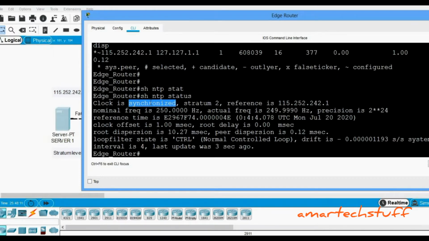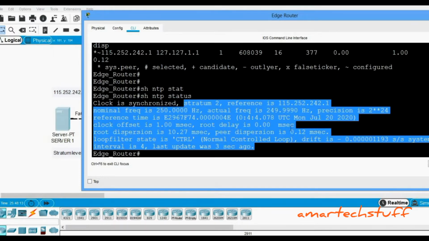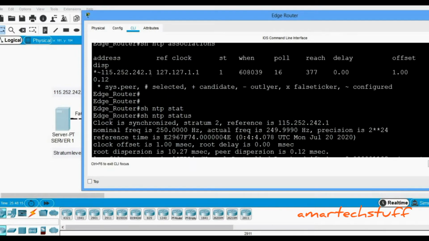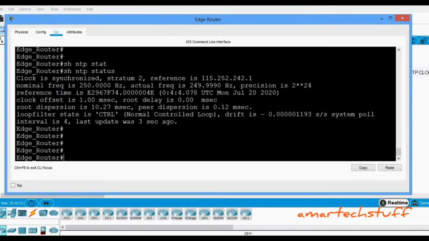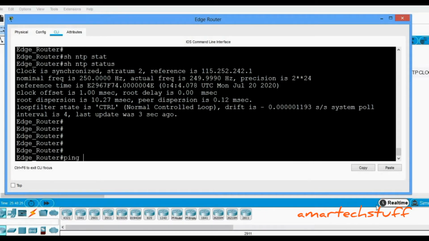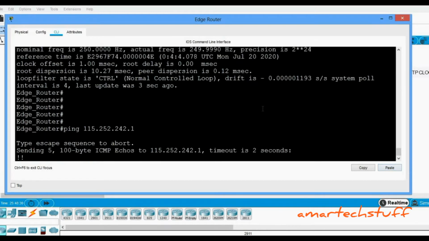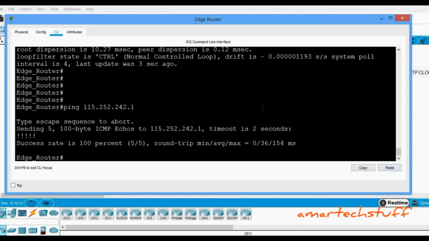So this looks fine, and if you ping this particular IP, you are able to reach this NTP server, so that is why it is syncing and everything is working fine. So what is the problem with the switch?